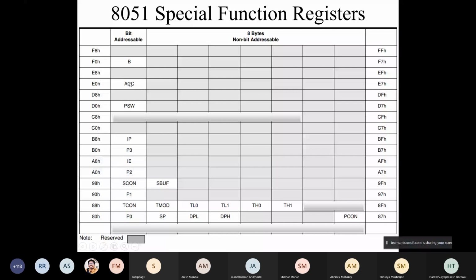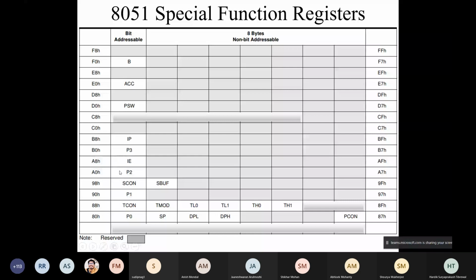Okay, and I'll write such an instruction as move A comma B, because destination first, source later. We'll see the instruction format in further detail later. I want to move something that is inside F0. F0 is the address of these 8 bits, and those 8 bits are transferred to somewhere addressed as E0. So I'll write move, destination A, comma B. That means it will take F0, copy whatever is inside F0, and put it in E0. Likewise, we can do this for any other combination of registers here.